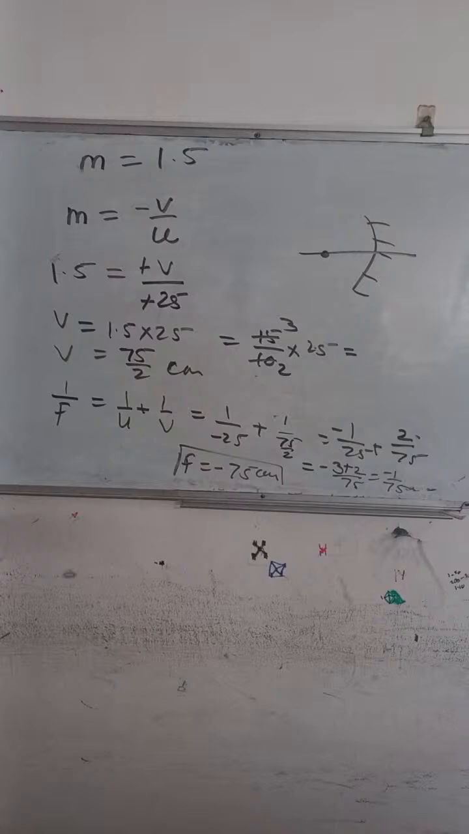Write down the next question. An object at a distance of 30 centimeter from a concave mirror gets its image at the same point. The focal length of the mirror is,